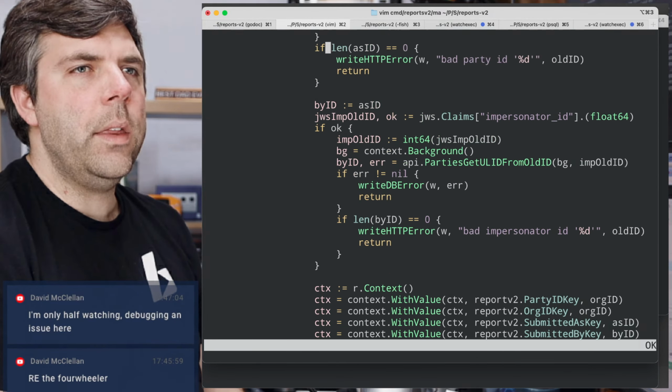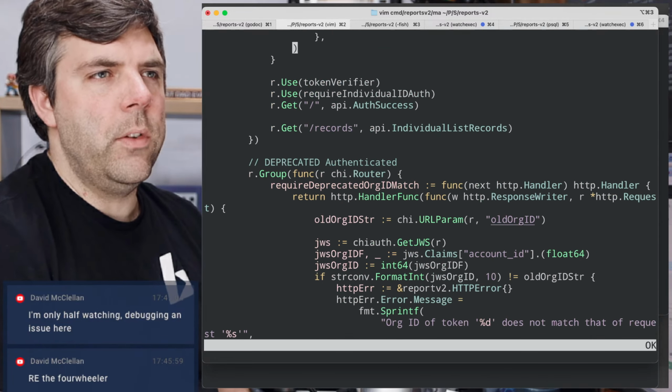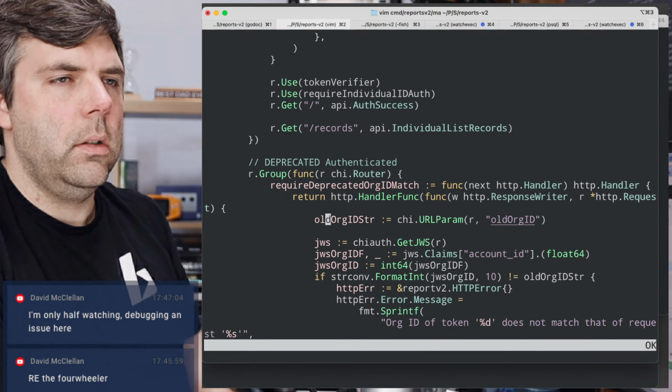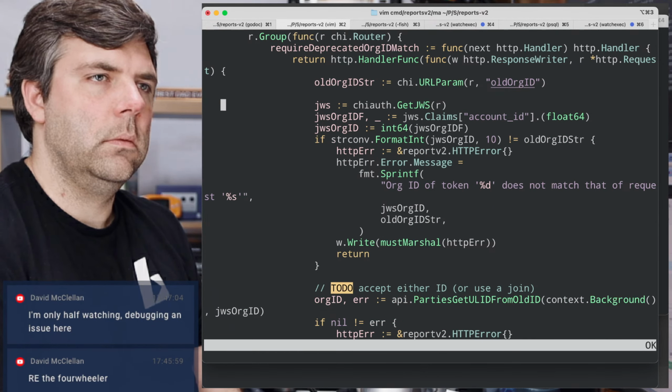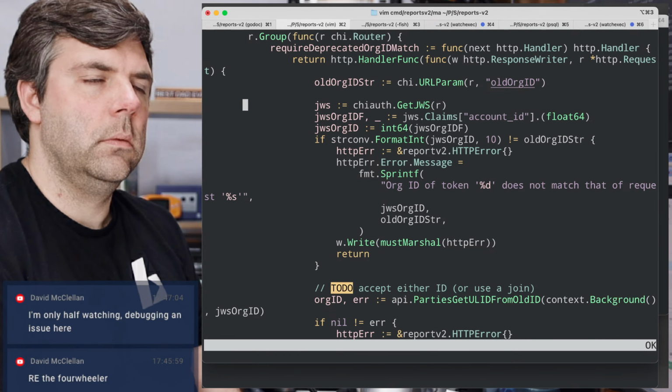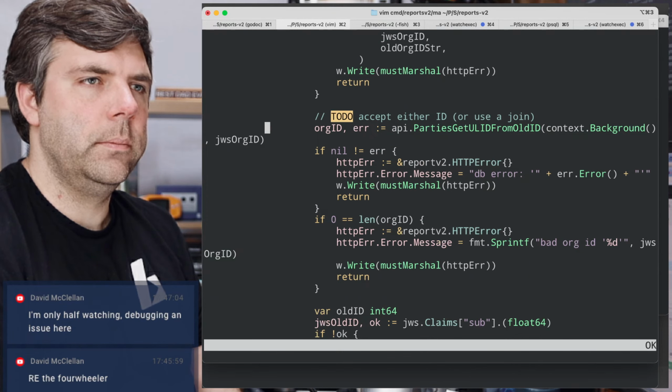Yeah, I think this whole bit probably should be moved out and just be made slightly conditional. I see why I did it this way. I remember now.